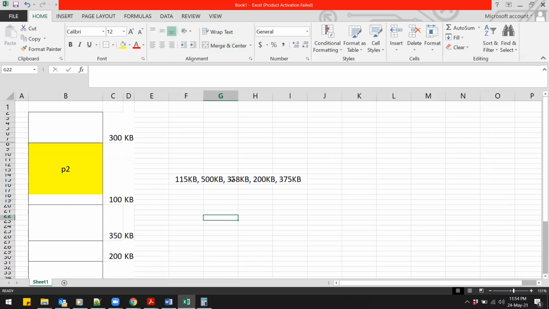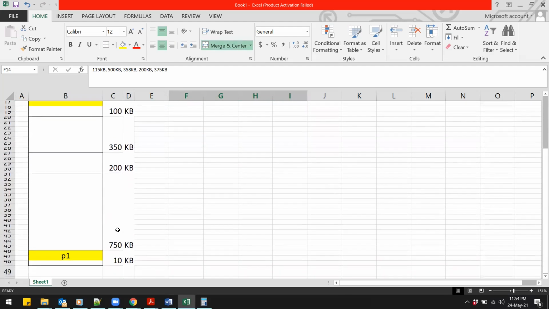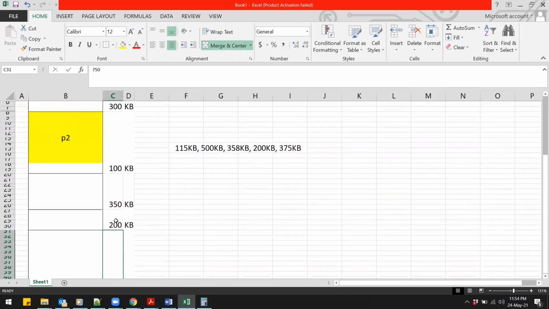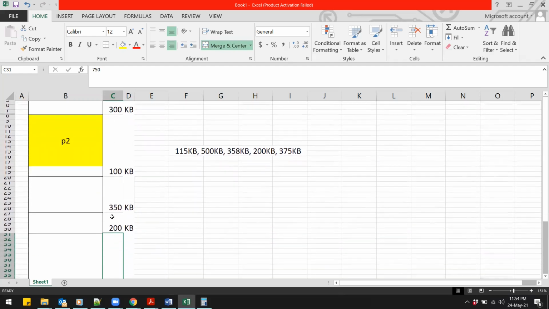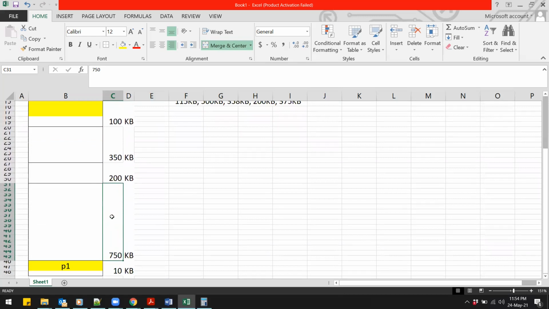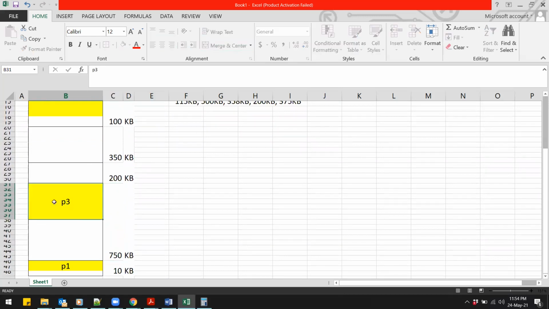Then the next one is 358. So 358 can fit in this 750, because it cannot go in any other segment, since all of them are smaller than 358. So 358 will go over here. So this will be P3. And from this, we are left with